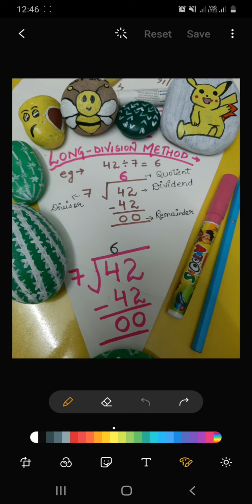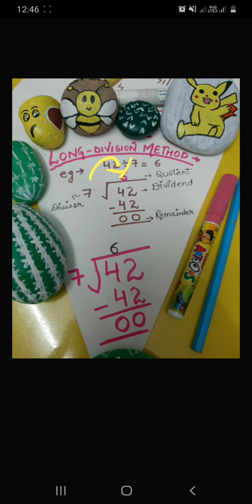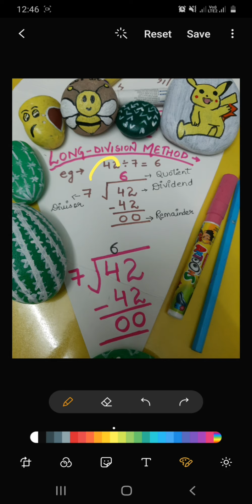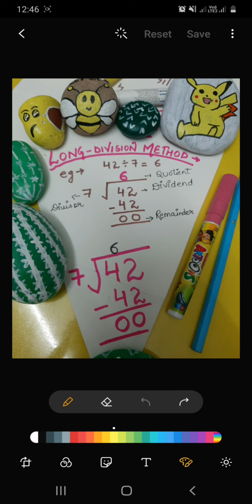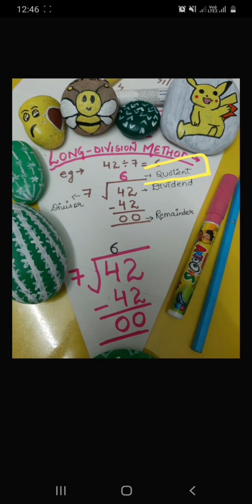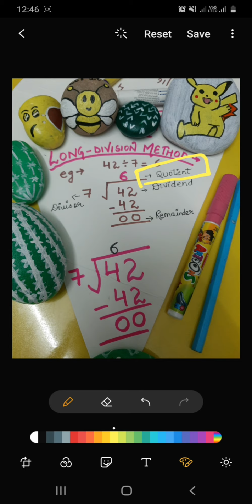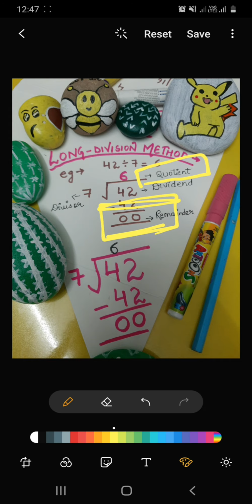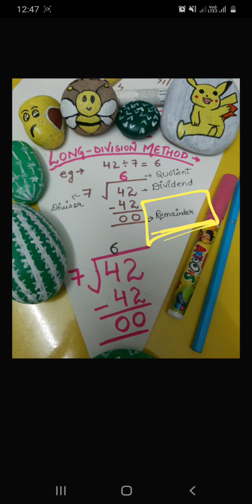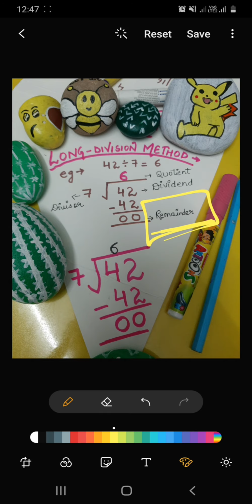ओके, और जो हमारा टाइम्स आता है, मतलब 7 6 42 आया, ठीक है, तो that times is our answer. ये हमारा आंसर होता है. एंड इस आंसर को हम लोग आंसर नहीं बोलते. In maths we call it as quotient. ठीक है, एंड जो यहाँ पे लास्ट में जो बचता है, चाहे वो 0 बचे, चाहे 1 बचे, चाहे 15 बचे, any number that remains in the end is always called a remainder.